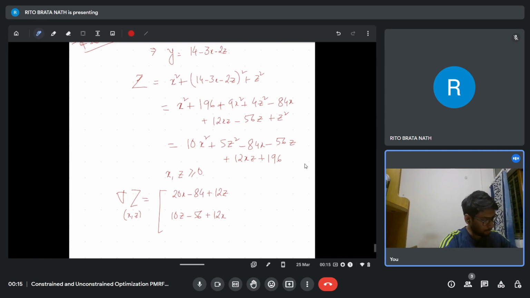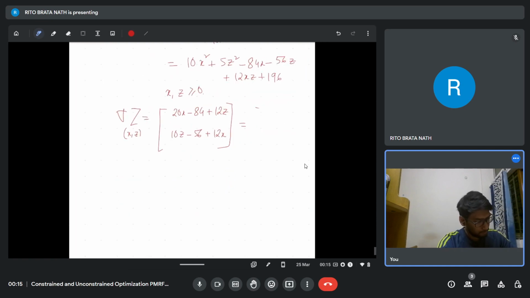Okay, so then the next step would be to set these to 0. So what you will be left with is 20x plus 12z equals 84, and 12x plus 10z equals 56. Sorry, this is not 0, this will be your 84. So you can solve this system of equations and get x and z from this,